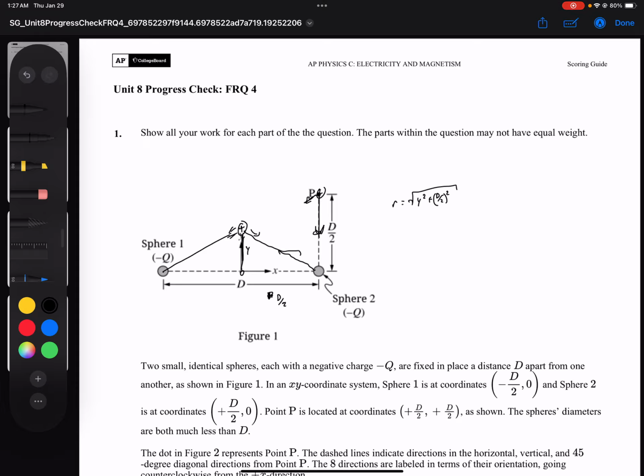All right. So here I'm just going to write the equation. So since they're both the same charge, sphere 1, sphere 2, I'm just going to write the force for one of them in the vertical direction, right? So pointing in the negative y direction. And then I'm just going to add them up, right? Because there's two forces, one from each charge, right? So I'm going to do the force from one charge at a time. So I have k times q,